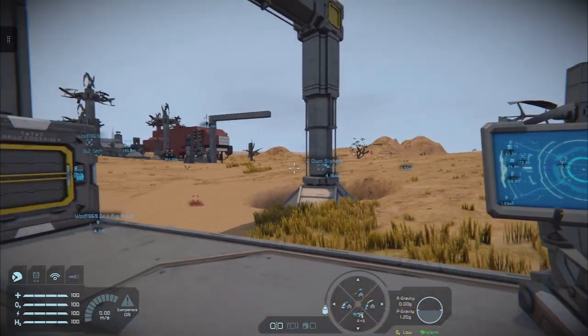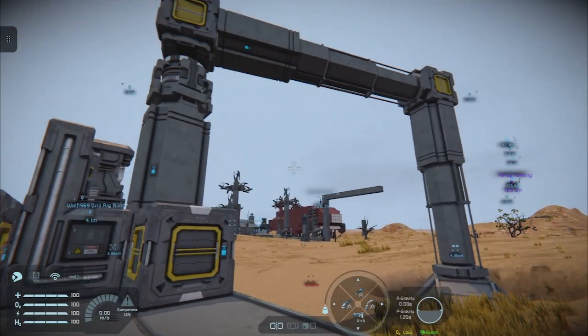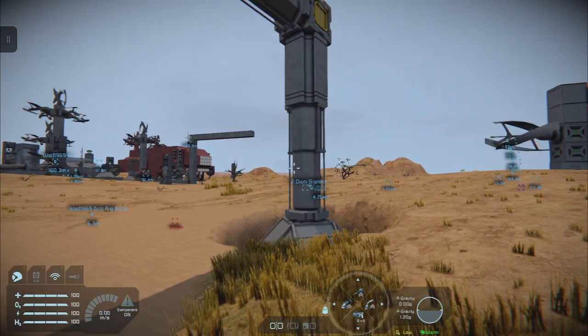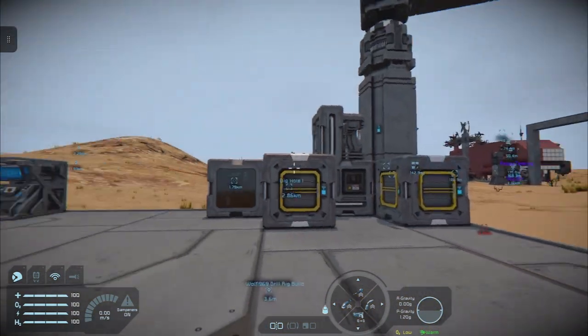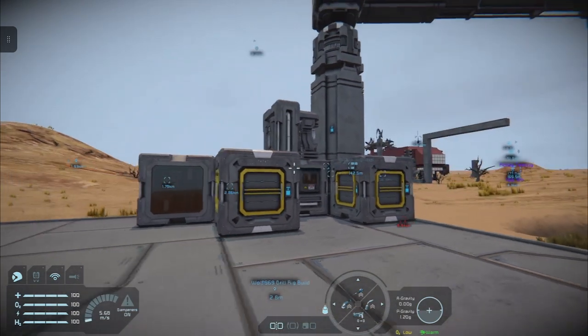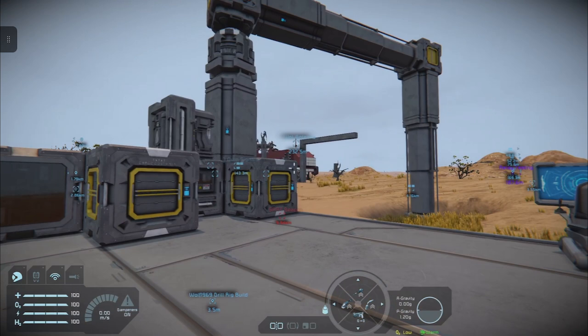In the next part, we'll be automating it a bit so that that drill arm doesn't come down so quickly. We'll be using a timer block. But I'll leave that to the next part of the video because we've just gone over 20 odd minutes and I want these to be easily digestible small chunks of gameplay for the new players, and you might pick up something if you're a veteran.